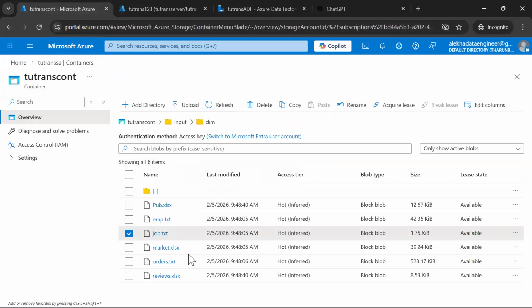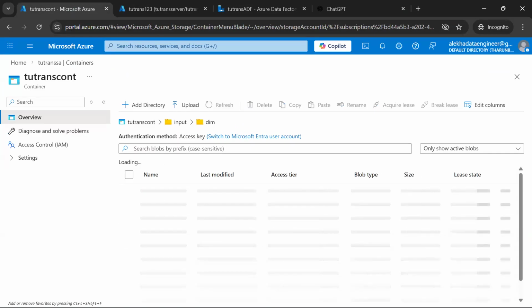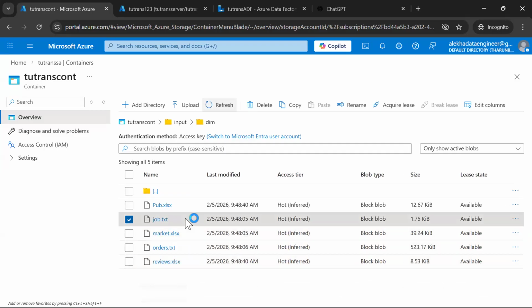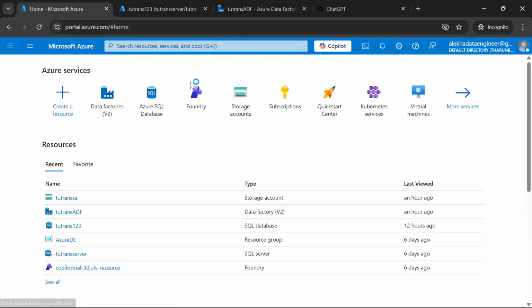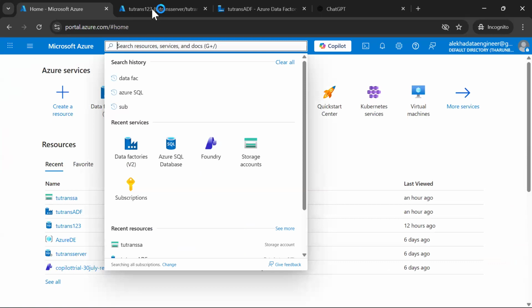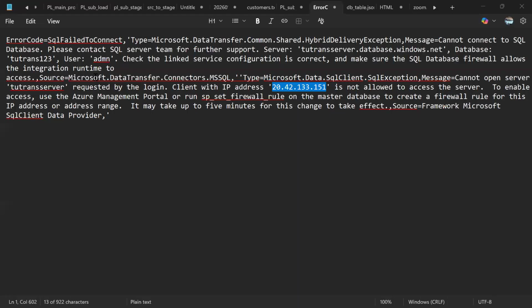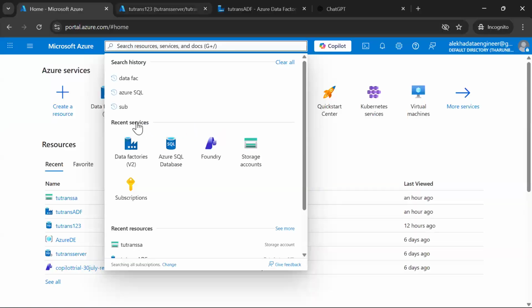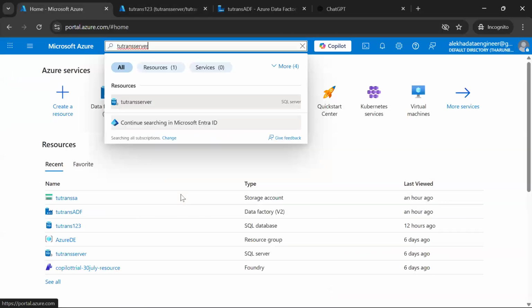Before that, I'm just showing you, here emp.txt will be gone now. Why? Because the emp table is successful. Emp.txt is gone because it got deleted after success. What is the server name? So this is the server name. Go to this particular server